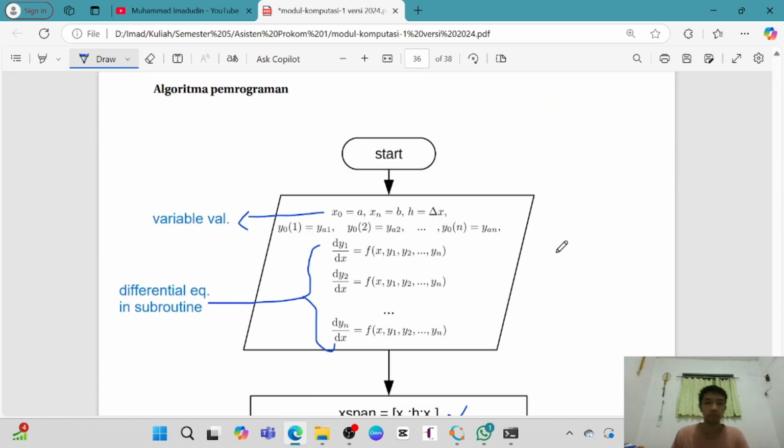We next. Now we jump into the algorithm. The algorithm is as usual. We have start, then we have variable value. Then we have the differential equations in the subroutine. Those equations we put in the subroutine.